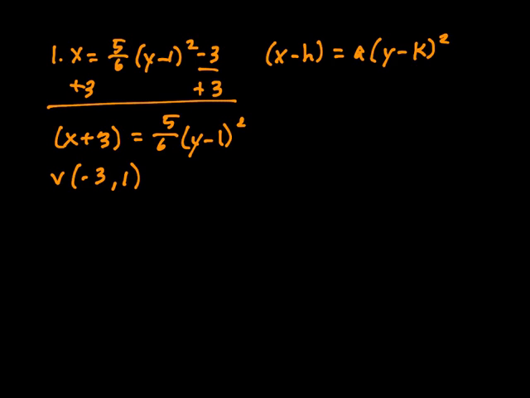Okay, and then we have to find the direction of the opening. Now we notice that a equals 5/6, so it's going to open to the right. Now the axis of symmetry